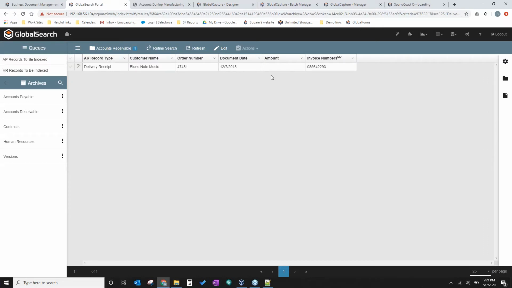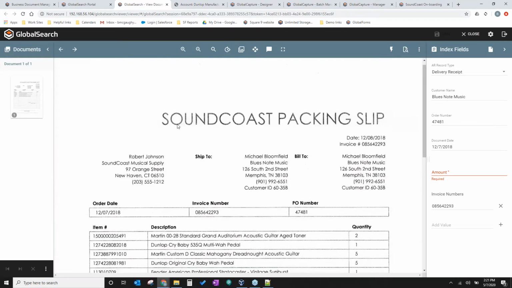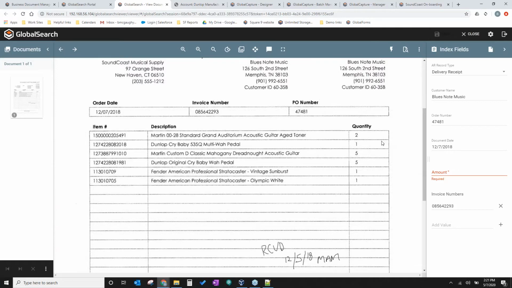But he did know that it came in somewhere around December the 7th. So if I had multiple delivery receipts here, I'd be able to narrow that down pretty quickly based on the date. So I pull up this document, right? And I'm looking at this delivery receipt, and he's telling me that he didn't receive these Martin guitars.